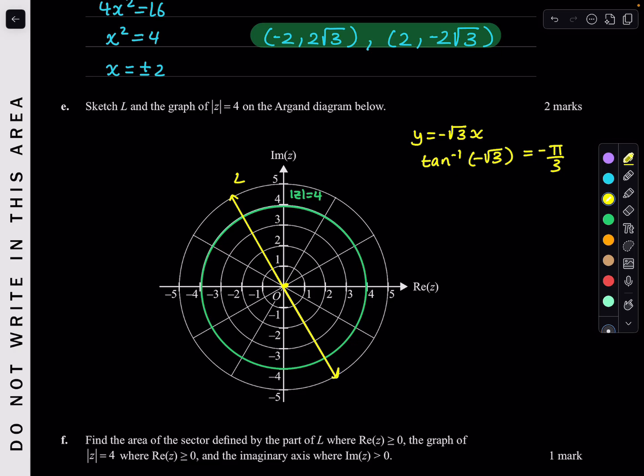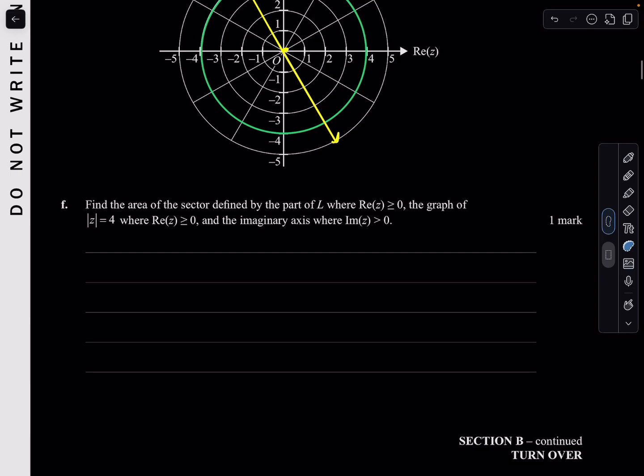That's how you do it. I just found the angle. So remember, this angle here is negative pi on 3. So I just found it out, and I drew it like that. Perfect. And you can actually just draw it by subbing in points, but it's really easy to draw this one. That's it. Have I messed up anything? Done. Next question. Find the area of a sector defined by the parts of L where real of z